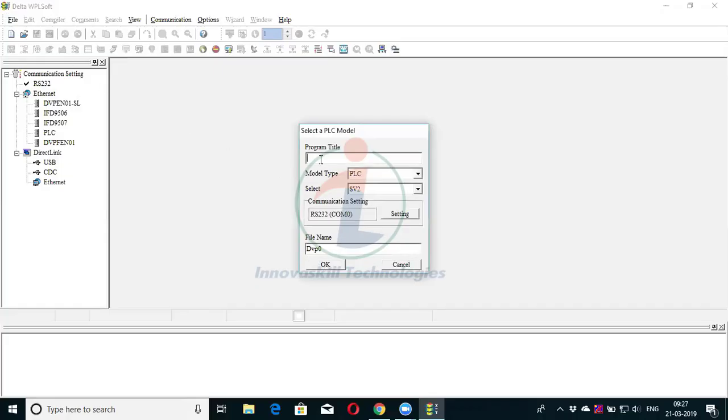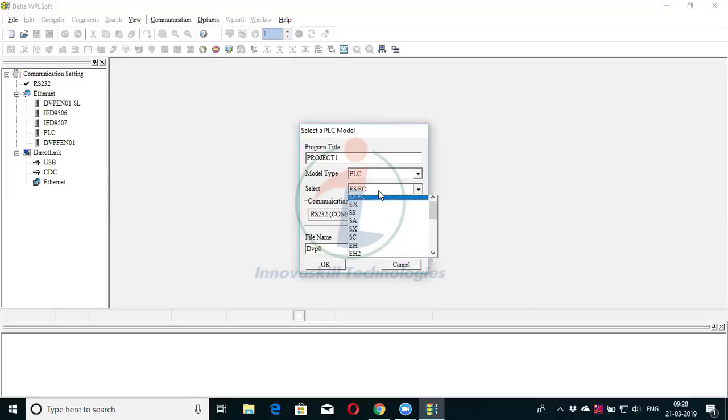After selecting New, it is asking for a title for your program. I'm just giving it as Project 1. After giving the name, it is asking to select the PLC model. I have PLC, so I'm selecting PLC here.